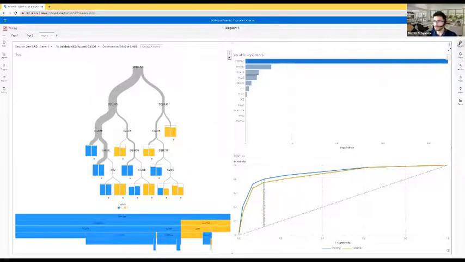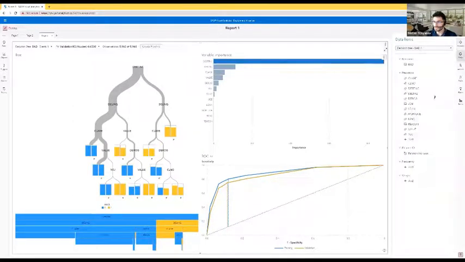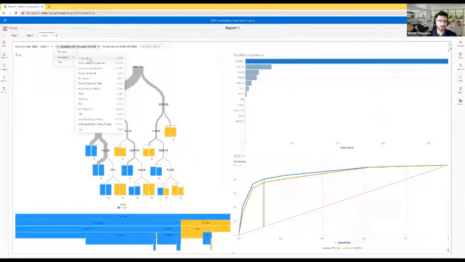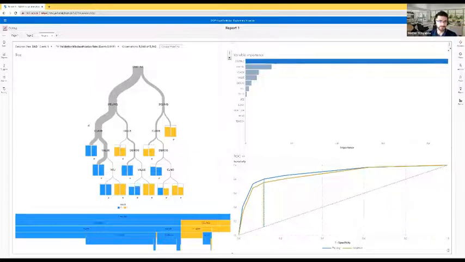By the way, from the options from the rows, okay, we have the partition indicator. You can see here that we added it in our data preparation plan. And now I can choose from a huge pool of fit statistics to assess my model. So for example, I can change the validation KS to misclassification rate event. Validation misclassification rate event. And you can see that this model wrongly predicts the outcome in almost 12% of the